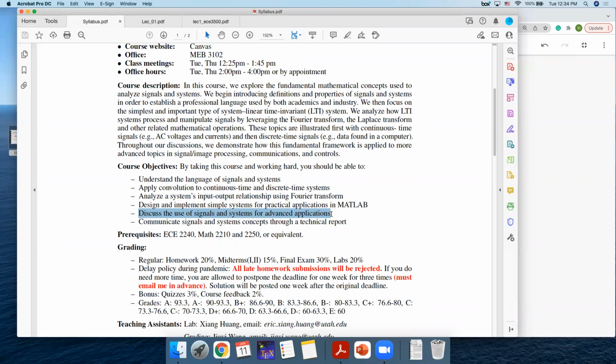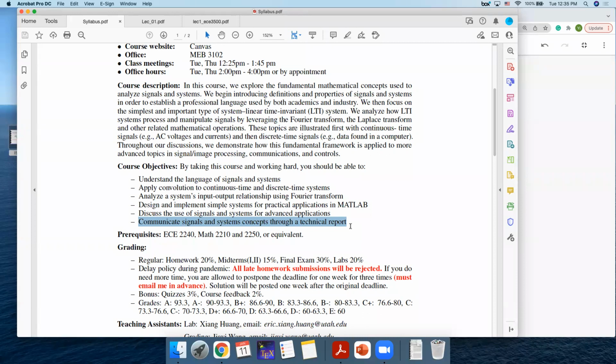And the last one is about writing a technical report. That is related to the lab sessions. We have 5 labs, I will talk about that later. For the last 2 or 3 labs, you need to write a short technical report. I will give you a very standard template. It's basically like a short conference paper. You have an introduction, a methodology, and a results section, something like that.